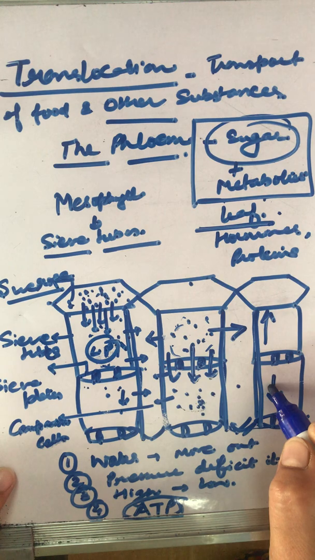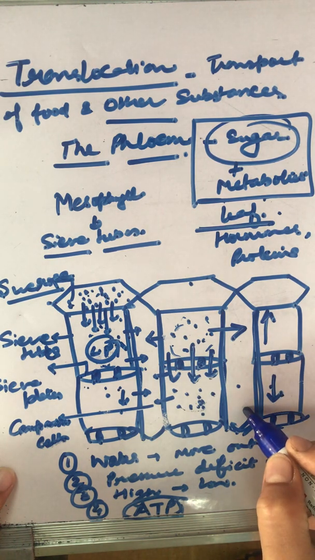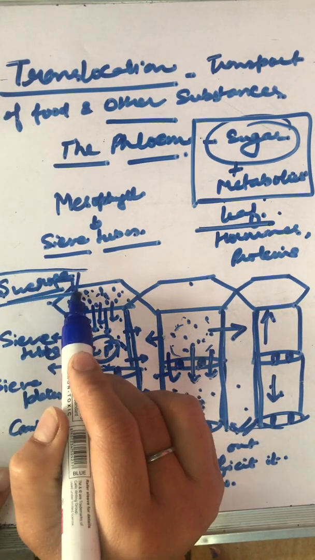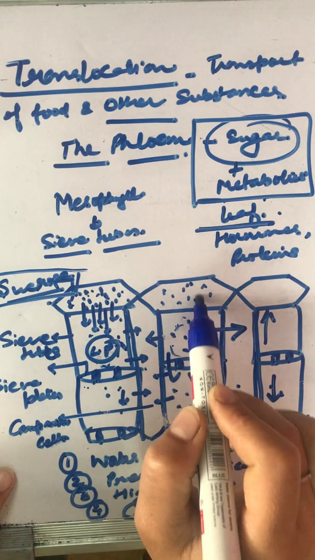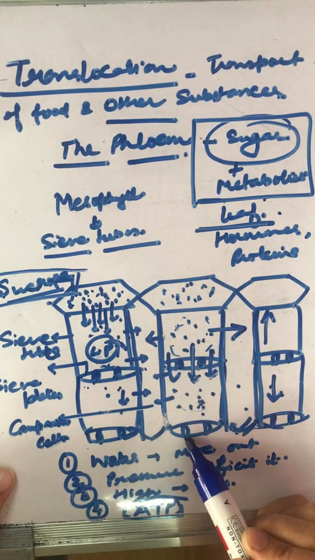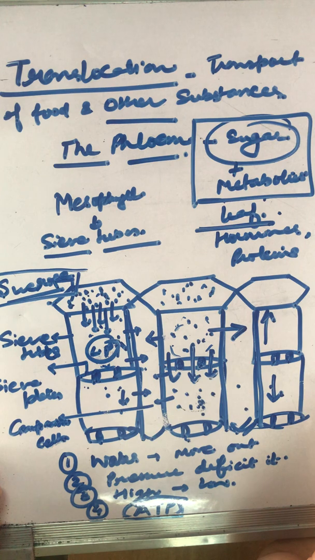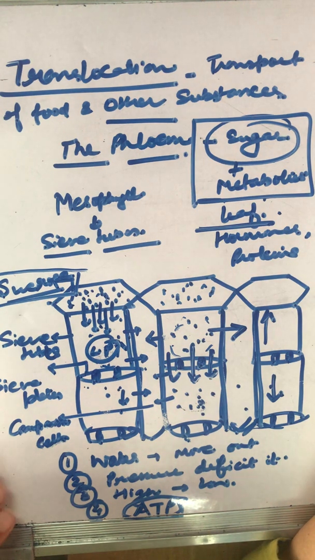Utilizes energy in the form of ATP, maintains the osmotic gradient, and the flow of food and metabolites takes place from where it is synthesized in the mesophyll cells, that is from the leaves to the remaining parts of the plant. So translocation is essential. Why? Because every part of the plant requires food for energy and for building the metabolites, and for carrying out all the metabolic processes of the body. To maintain one's life, we need food, and plants also show the same requirement. Clear? Thank you.